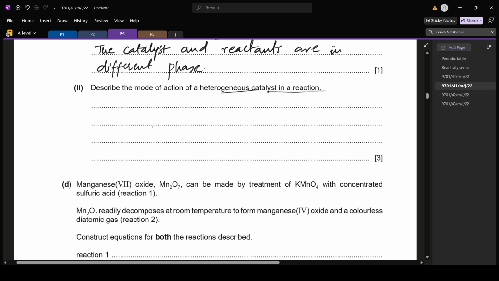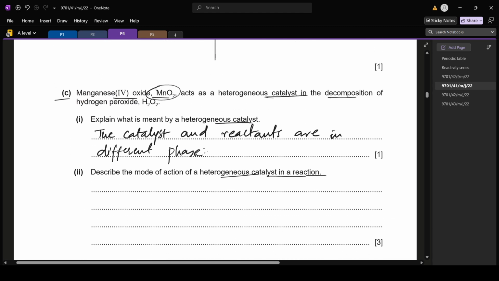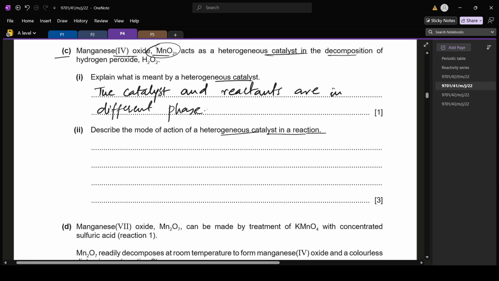So in a heterogeneous catalyst, the catalyst is usually a solid and the reactants are gases, let's suppose. So the reactants are adsorbed on the surface of the catalyst, and then the bonds in the reactants are weakened and new bonds are formed, and the products are desorbed. Okay, so the mode of action is: